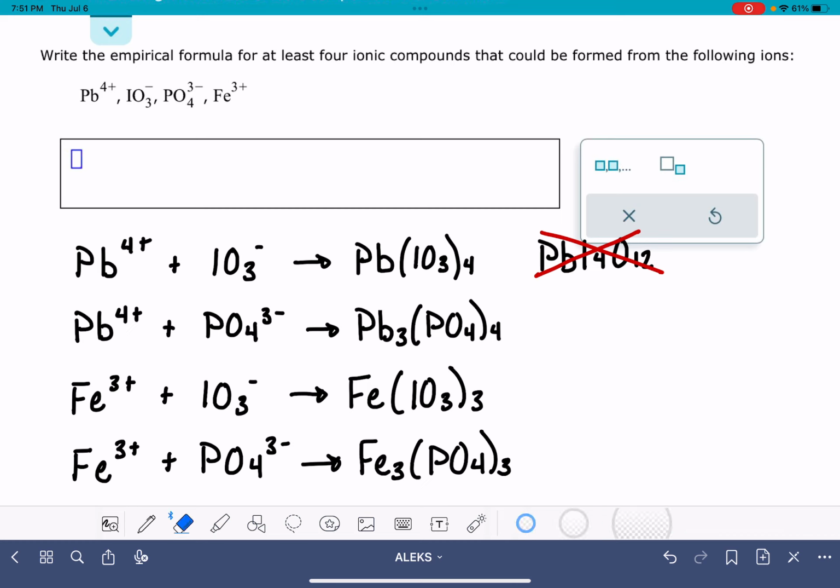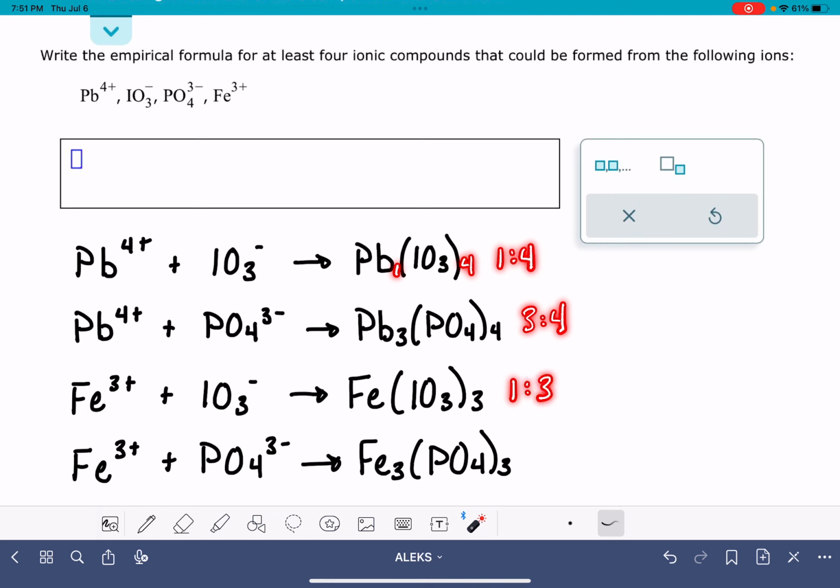Do keep in mind when we're writing these ionic compounds, it is always necessary for us to evaluate the subscripts, in this case 1 and 4, 3 and 4, 1 and 3, 3 and 3, and see if we can simplify those subscripts into smaller numbers while maintaining that ratio. So up here we have a 1:4 ratio, and we cannot simplify that into any smaller numbers. Here we have a 3:4 ratio, that also cannot be simplified. Here we have a 1:3 ratio, again can't be simplified. Here we have a 3:3 ratio, which we can simplify to a